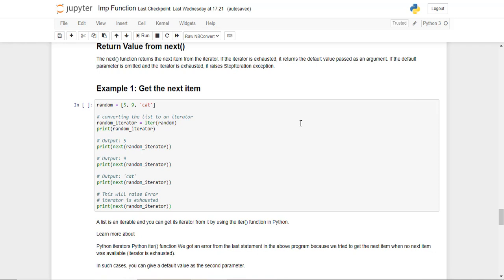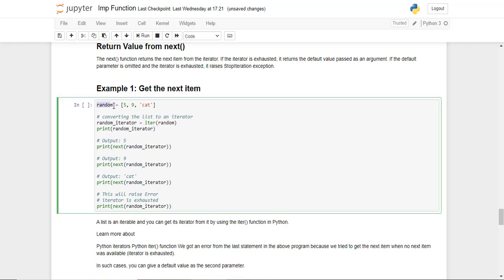So let's take another example here. We got this list random, which has got 5, 9 and cat inside it. We create an iter object out of it. We say random iterator is going to be whatever you return from iter when I pass random to it. So this whole thing goes into the stack within the random iterator. Then I try and print random iterator. Let's run this,